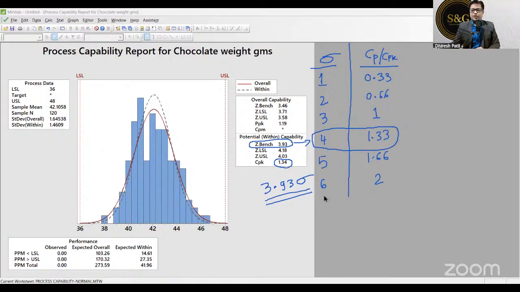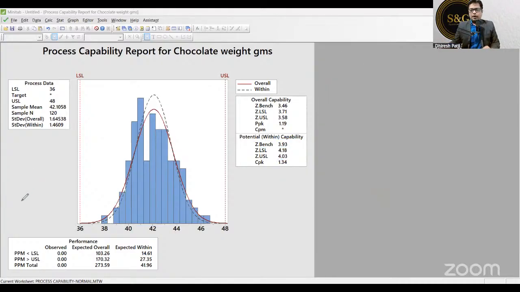Any other question which is not answered, please let me know. Why is Cpk more than 1.33? See, Cpk is nothing but your current process capability. What is process capability? Try to understand it in a very simplistic manner. Let's say there is a process, and we are checking whether that process is capable or not. For example,